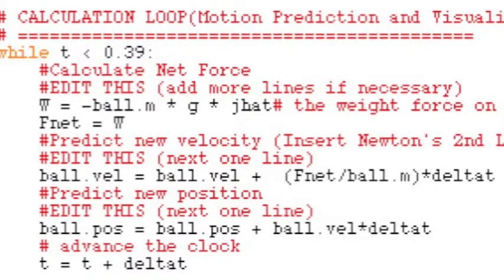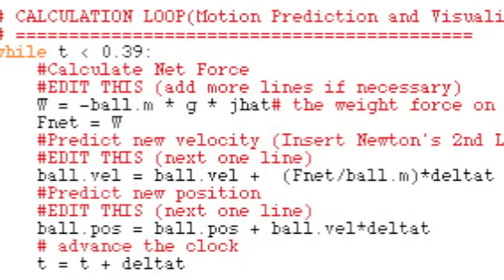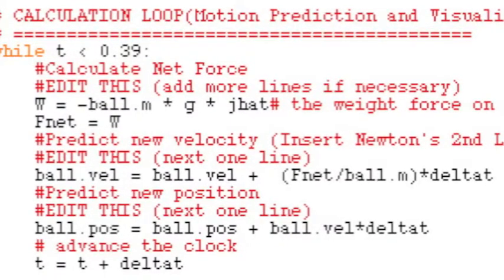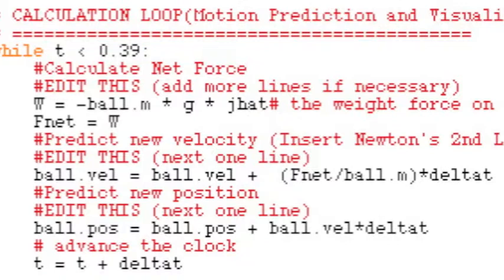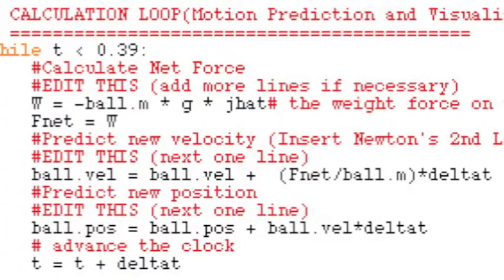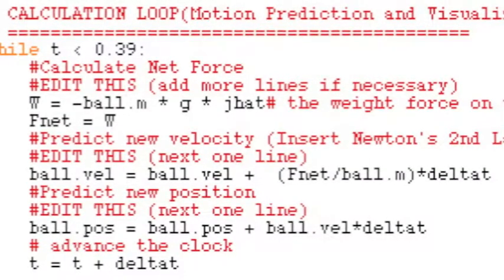Predicting the new velocity is the same as Lab 1's, where the final velocity is equal to the initial velocity plus the product of the net force and change in time over the mass. This also goes for predicting the new position, which is its initial position plus the product of the ball's velocity and change in time. The equation with delta t simply has it go to the next time interval by adding